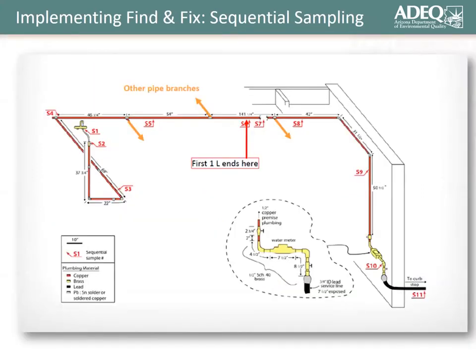So here's just another schematic of a find and fix solution through sequential sampling. You have the tap at that little gold upside down J shape. And each one of those points is a sampling point. We see S1, S2, S3. Then ideally, when we sample those in smaller incremental bottles, and after they're analyzed and interpreted, we're able to identify at what point we feel the lead is coming from, then do a field verification along that line, just to physically see that component, and then suggest and recommend that component be replaced.